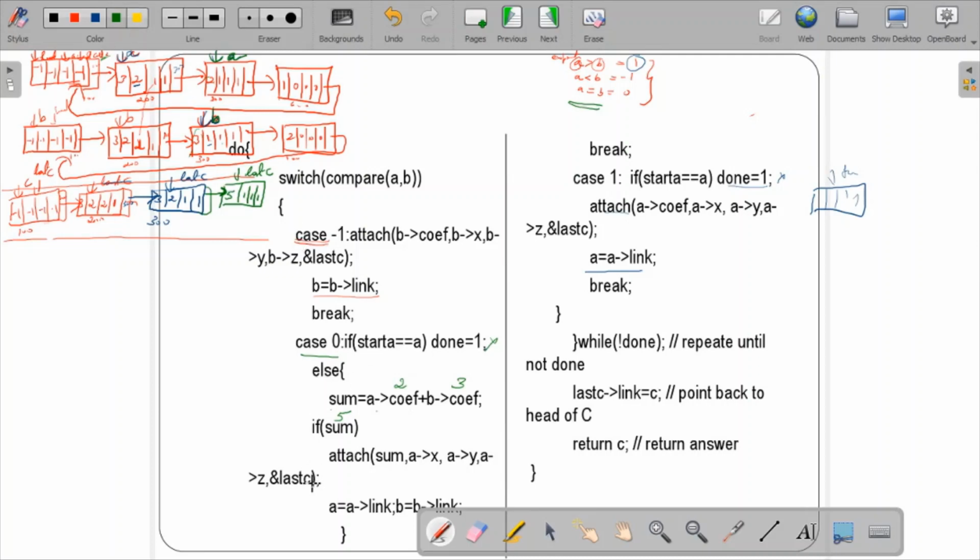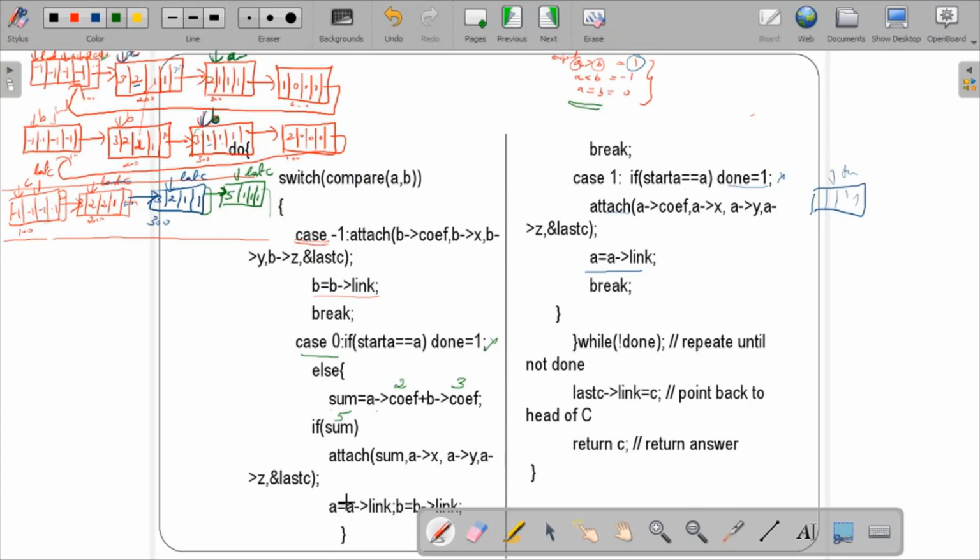Okay, what is happening over here? These attachments I'm going to do over here, and this is how I'm going to get the updated last C for this section. This is why last C, because this link should hold the back address of last C, because it is again pointing back to this first node. Initially it was pointing to this particular first node itself. So that is regarding the last C.